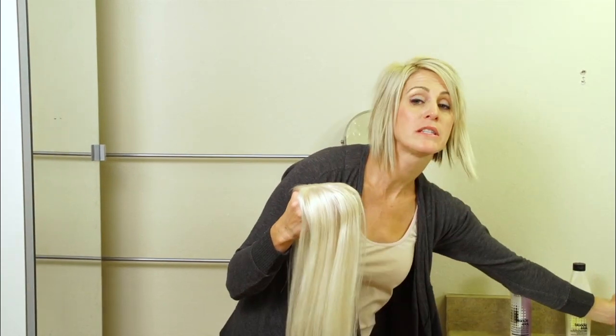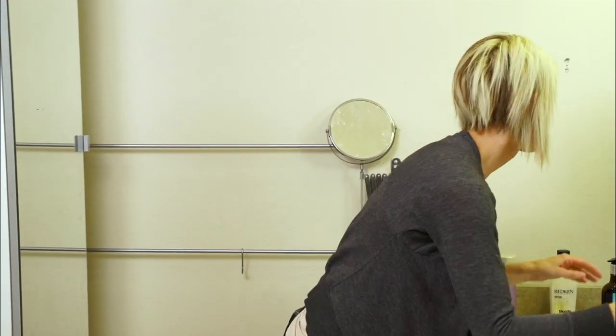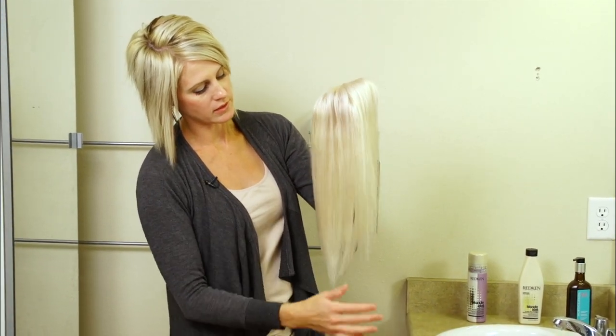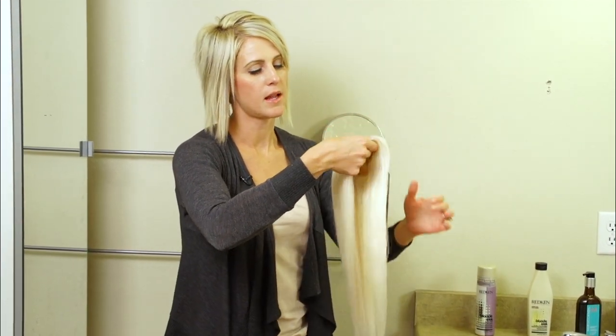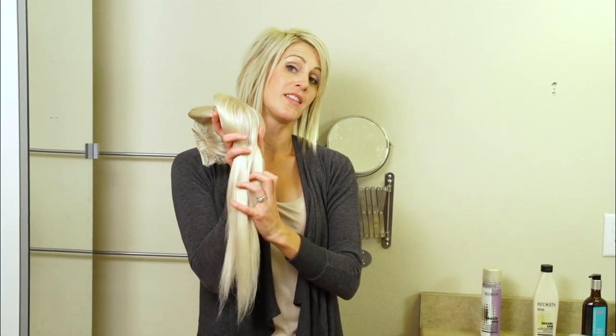then you can go over, and I usually stick some kind of an oil in it. You could use a little bit of coconut oil, but that sometimes is a little bit too heavy for me. I like the Moroccan oil, and I just rub it in my hands. And I make sure that it's really not blobby in my hands, and then I start in the bottom, and I slightly just work from the bottom up, because that makes the most of the product stay in the ends, and then the top doesn't look greasy. So I do that to all of the extensions, and then you're ready to flat iron, curl, whatever you want to do with your extensions,